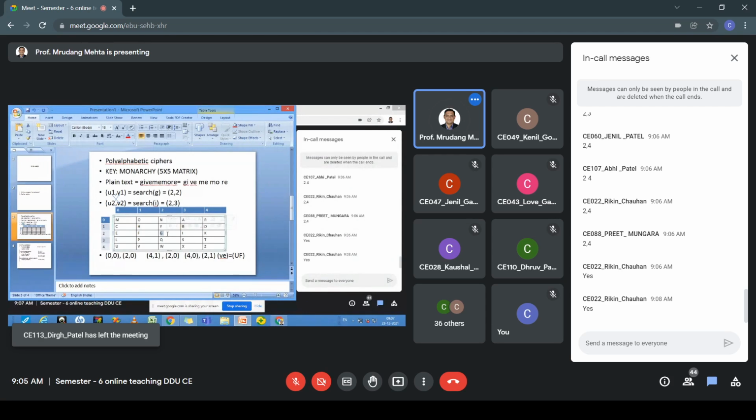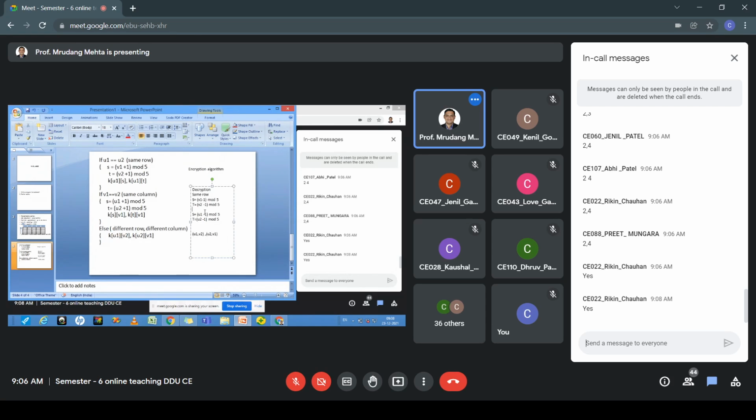For the second character, I, the encrypted text is K. What is the location of K? 2, 4. So 4 minus 1, that is 3. 3 mod 5 is 3. So the decrypted text is I. So you are recovering your result, right? Now similarly, for the same column,